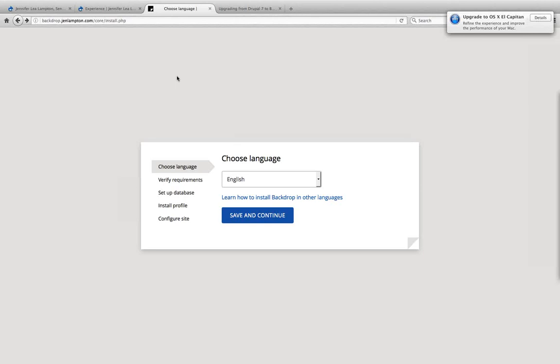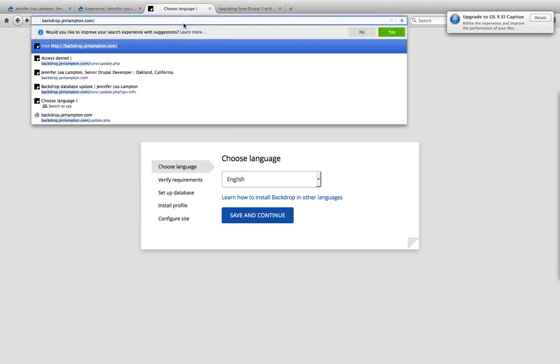And so what I'm going to do is export the database from my Drupal site and import the database into my Backdrop site here. And then if I go to update.php,